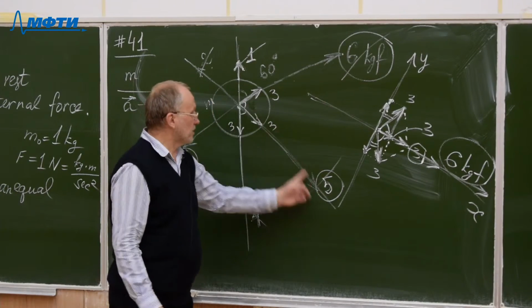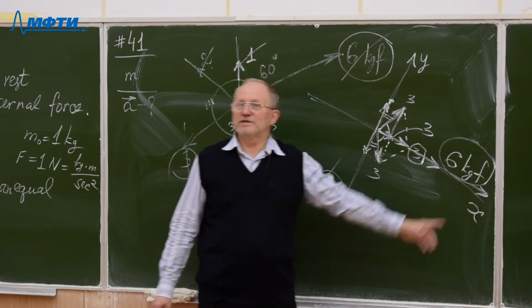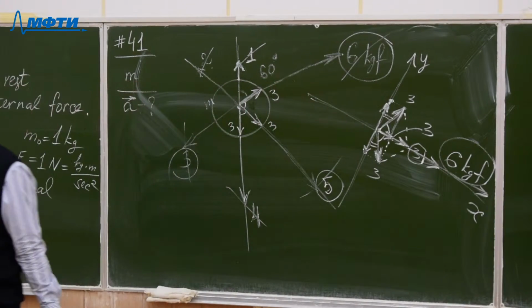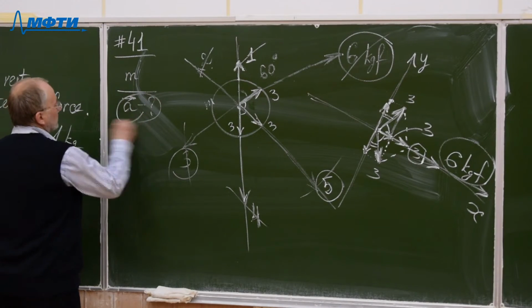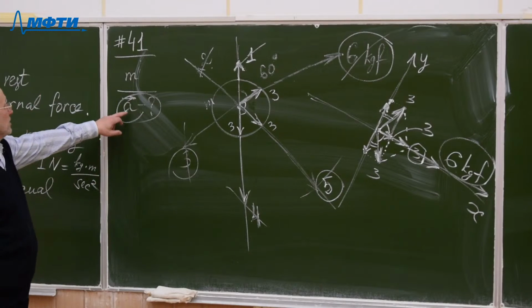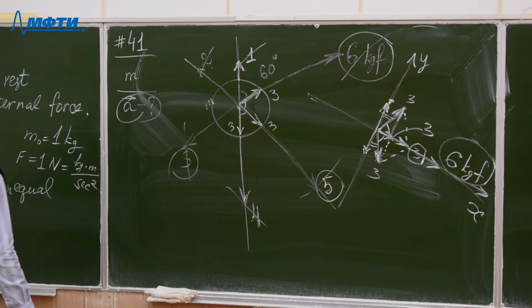So this is the direction of the force, and this is the magnitude of the force. So we have found both magnitude and direction. So we have answered the question of this. We have found the answer to this problem. We have found the direction and magnitude of acceleration, because the vector of acceleration is defined by